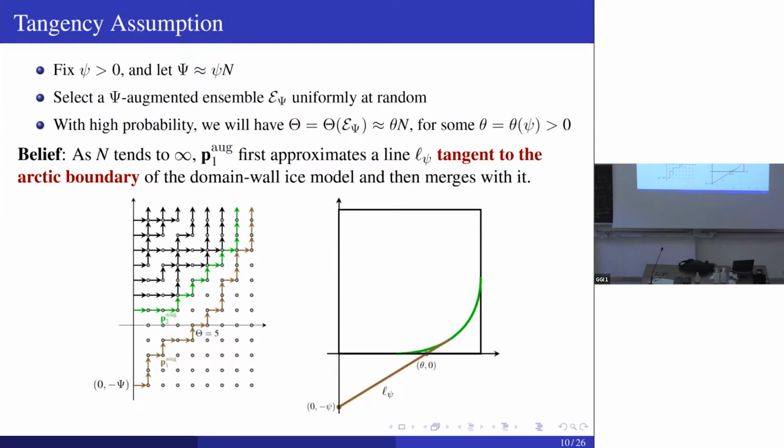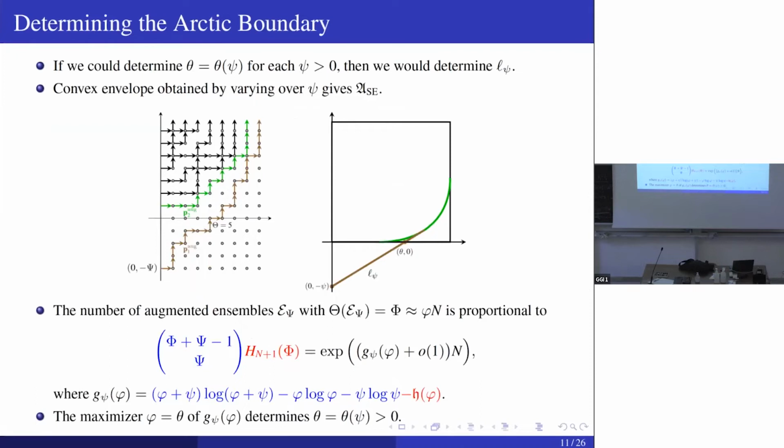Okay, so with high probability, the belief is that first of all, this theta will scale like little theta times n for some real number little theta, which will depend on psi. And now the belief is that this augmented curve, the bottommost curve here, which is this brown one, will first approximate a line, an ellipse, tangent to the Arctic boundary, and then it will merge with it. Okay. So that's basically the belief that underlies the tangent method and will eventually allow you to compute the Arctic boundary. Okay, so let's take this for granted for the moment and then see how to get the Arctic